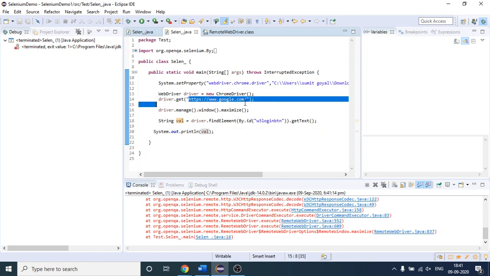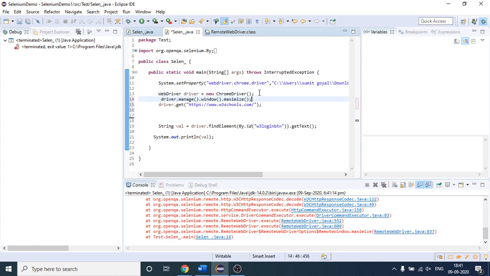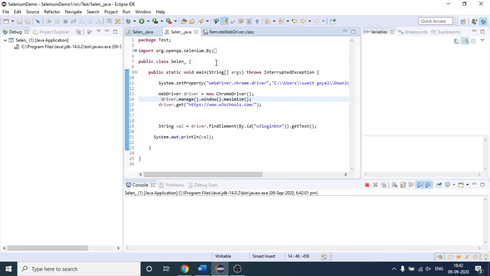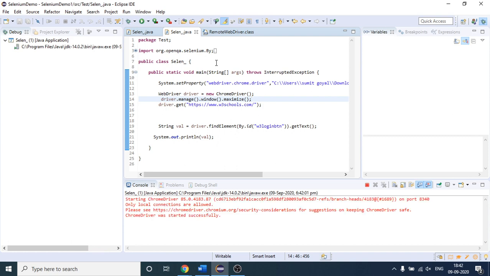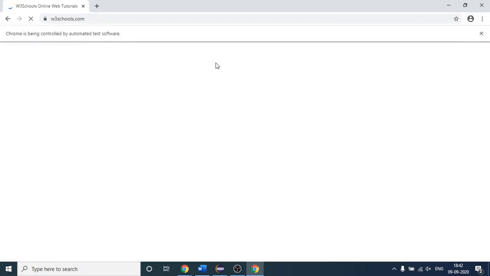So let me remove this. Okay, I will place this code before that, so that when the website opens, the browser will be in maximized mode. So you can see the browser is open and it is maximized. Sorry, not Google, W3Schools is the website which we are talking about.